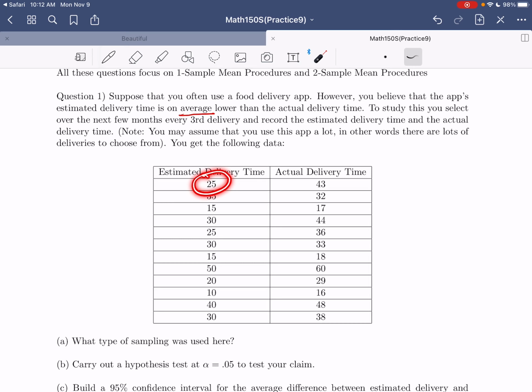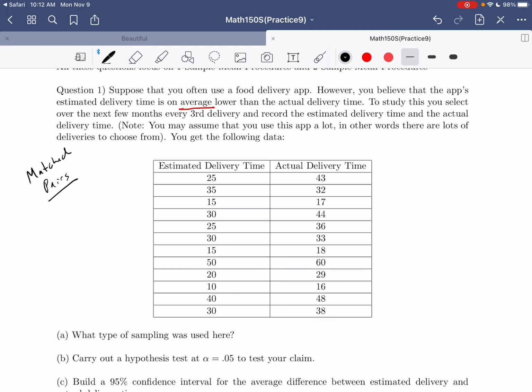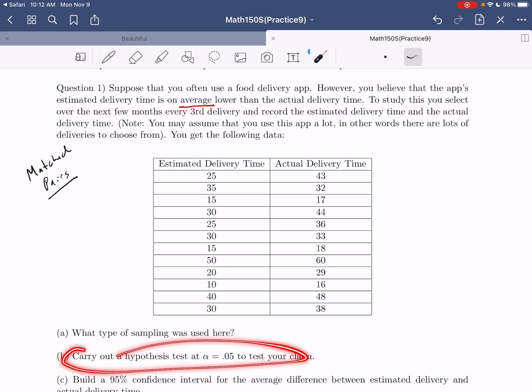So we have the estimated and then we have the actual. For each delivery, we have two pieces of information that causes this to be a matched pairs situation. So we're just going to make a note here. This is going to be matched pairs. So when we get to parts B and part C down here, we're going to be using the matched pairs